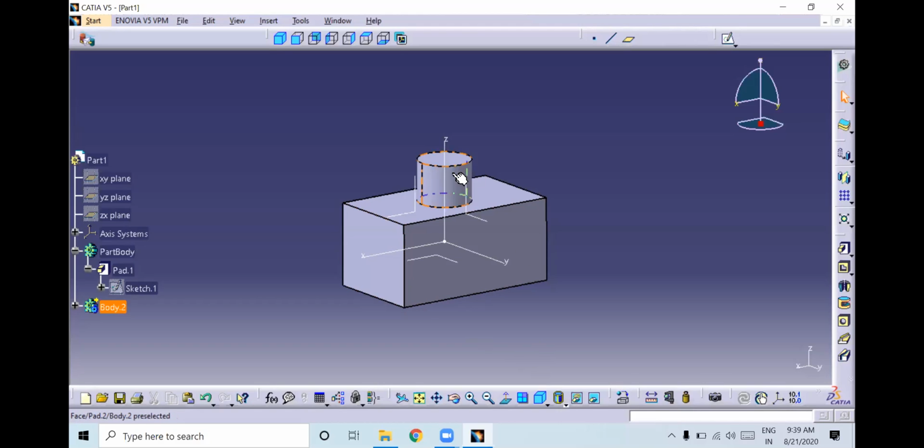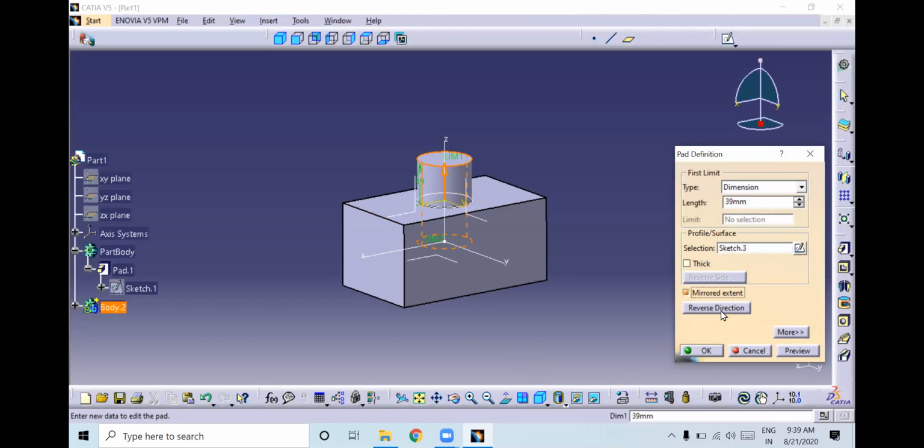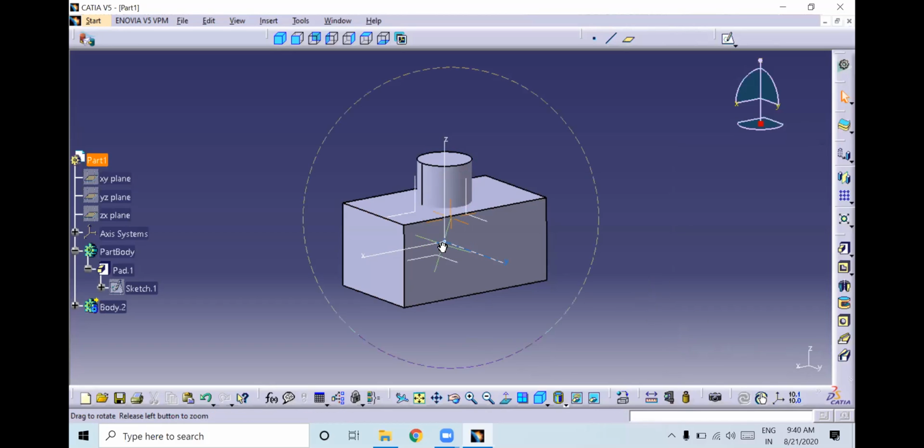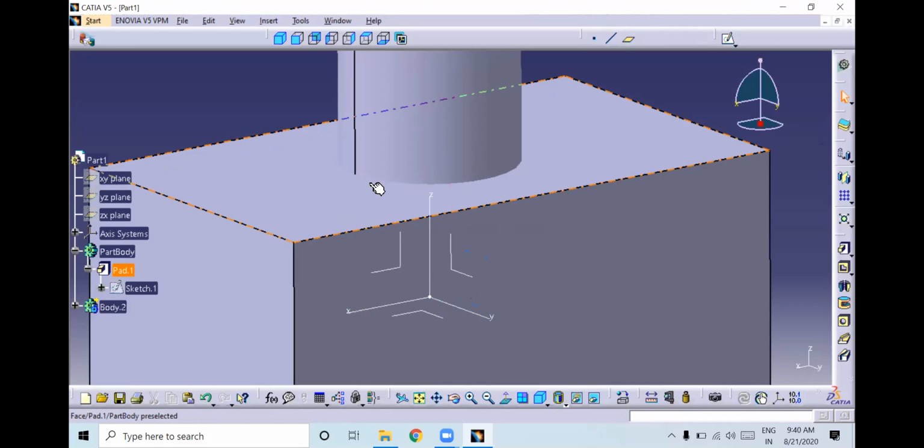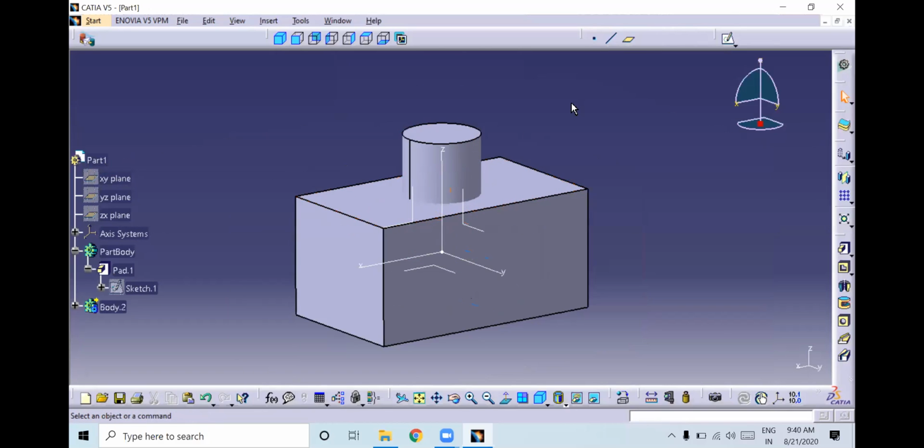Okay. See here, I will show you. I will just mirror this. Now you observe here. There is a difference, right? See, this circular body has not been added to this square block. It should appear like this if you insert a new body.